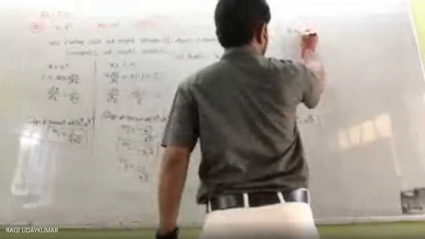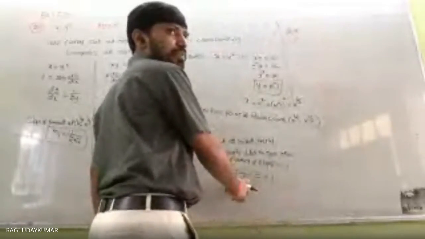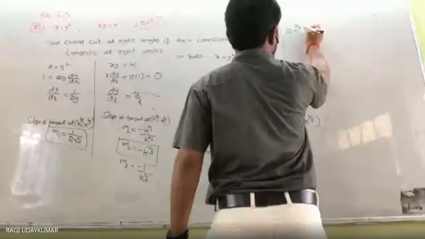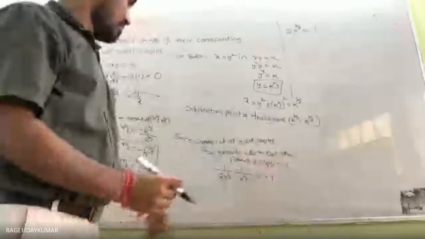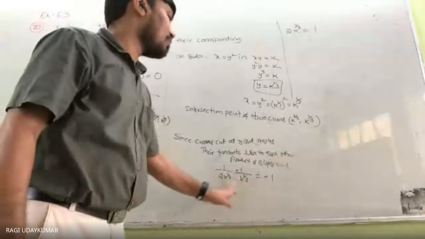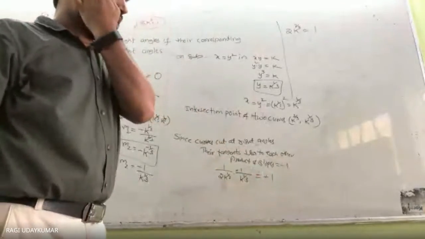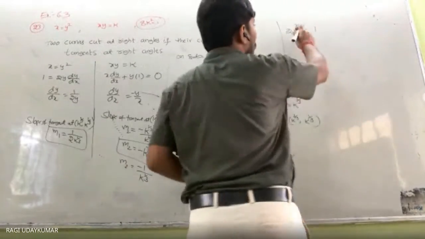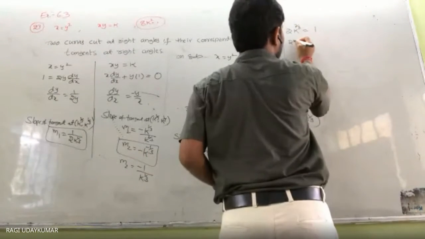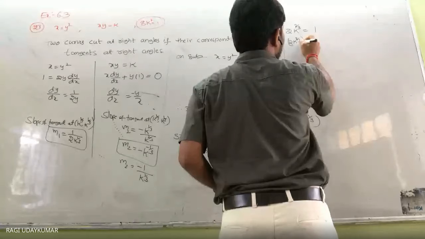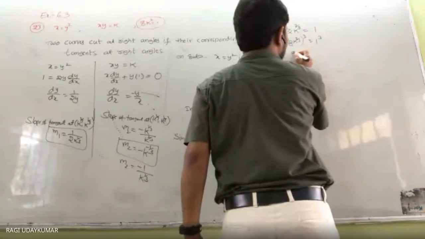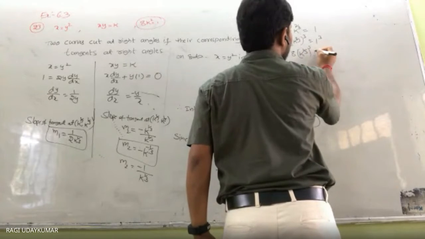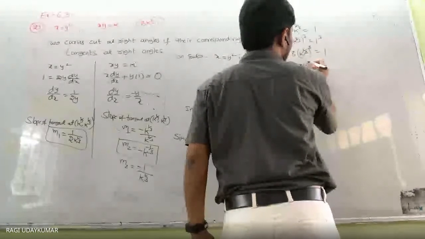Now this minus 1 and minus 1. From this, what are you going to get? 2 power k power 1 by 3, k power 1 by 3, 2 by 3, k power 2 by 3, this is equal to 1. I multiplied these two and took it to the other side, equal to 1. Okay, so now what to do here? We need this power 1 by 3 not to be there. Cubing on both sides: 2k whole power 1 by 3 whole cube is equal to 1 cube. 8k power 2 by 3 whole to the power of 3 is equal to 1. The 3 will get cancelled. 8k square is equal to 1.